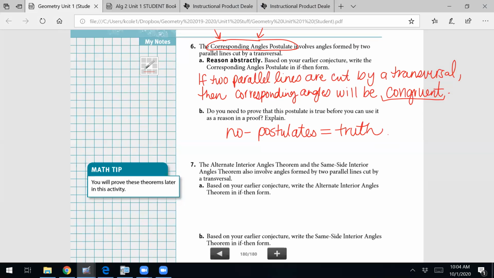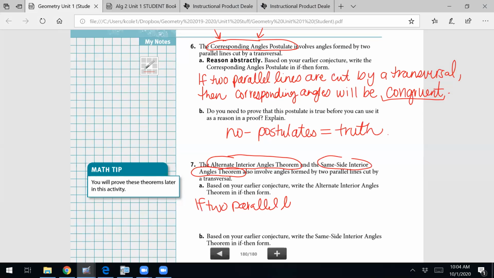Number 7, the alternate interior angle theorem. What did we learn about alternate interior angles? They are, nope, that's same side. Congruent. Okay, so those are congruent. Same side interior angles theorem is going to be, those are the ones, oh wait, those are on the same side. Those are supplementary. Okay, so based on your conjecture earlier, we want to write an if-then statement for the alternate interior angles. So if two parallel